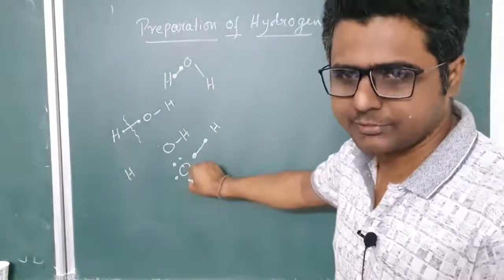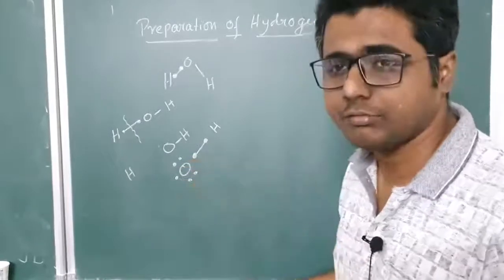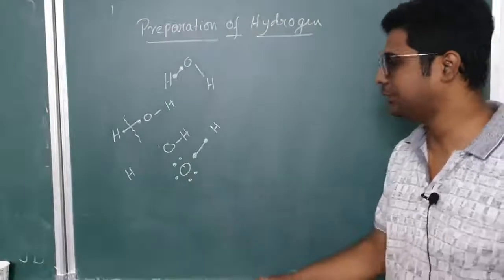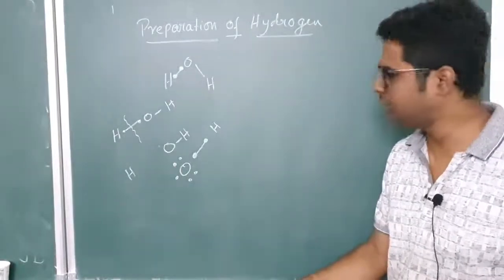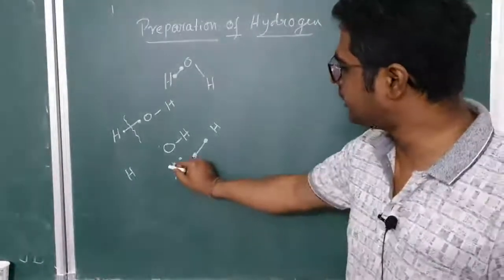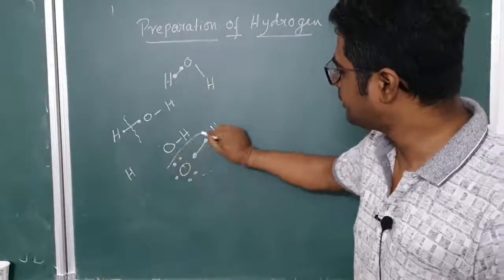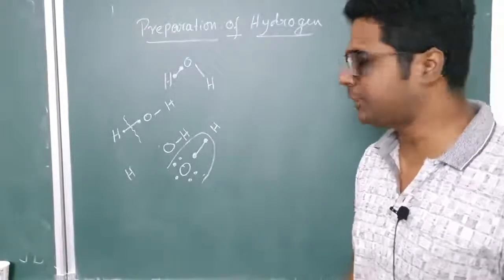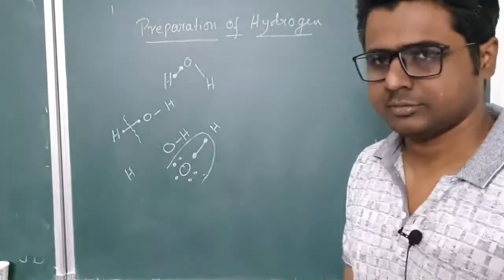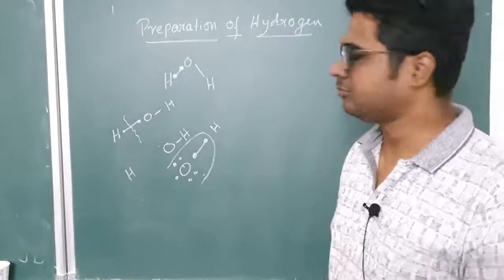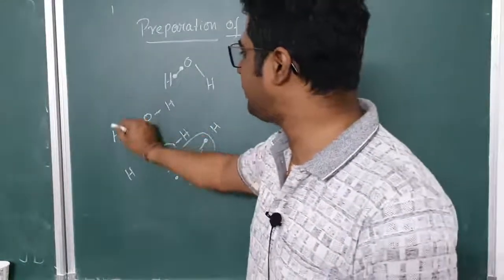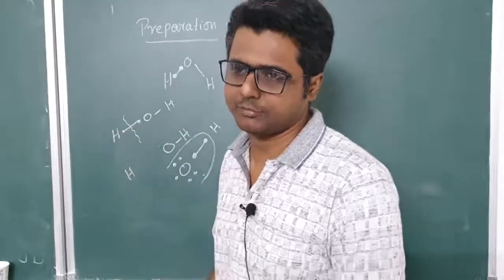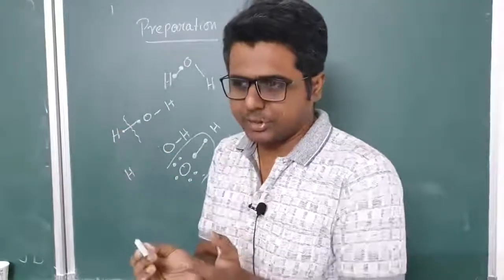Oxygen is not satisfied at this moment because oxygen does not have a total of 8 electrons in its valence shell. How many electrons are there in oxygen now in the valence shell? 5? How can it be 5? I can see 5 on this side, and this makes a total of 7. So the total is 7 electrons, but it needs 8. 8 electrons will only be completed if it forms another bond. So after a covalent bond, the total number of electrons has to be counted including the bonds. That's why it has bonded, otherwise it wouldn't have. You cannot just count its own electrons.